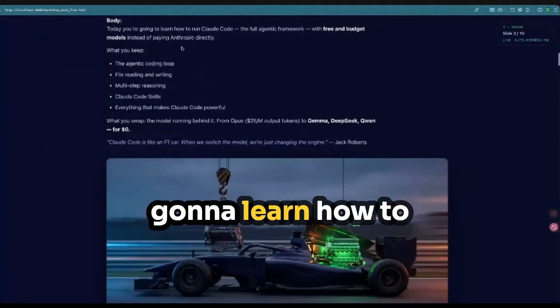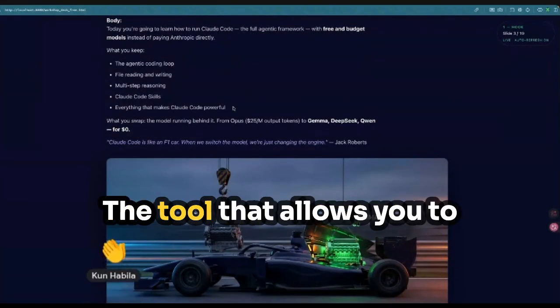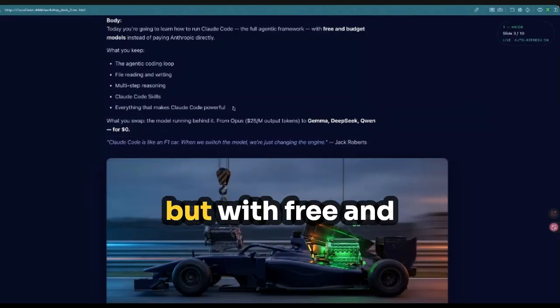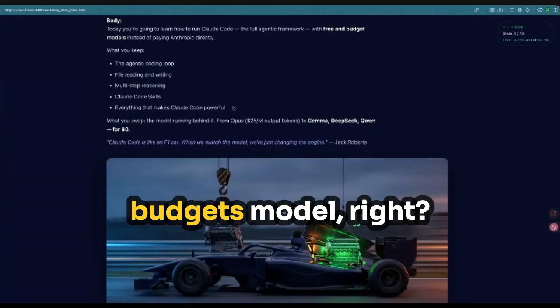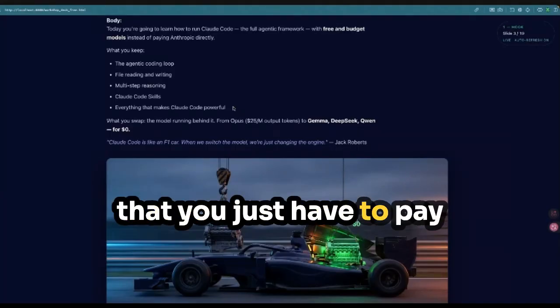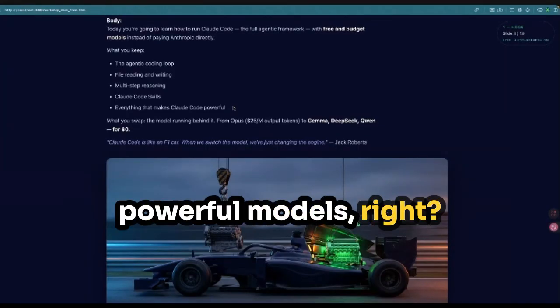So today you're going to learn how to run Claude Code, and by Claude Code, I mean the tool itself, right? The tool that allows you to build all of these things, the full agentic framework, but with free and budget models, right? Because there are models that are free and there are models where you just have to pay pennies in order to get access to very powerful models, instead of paying